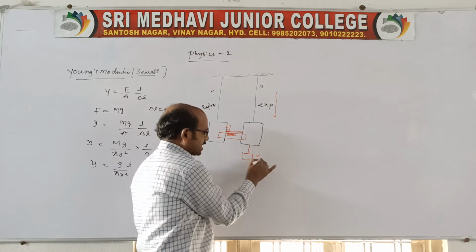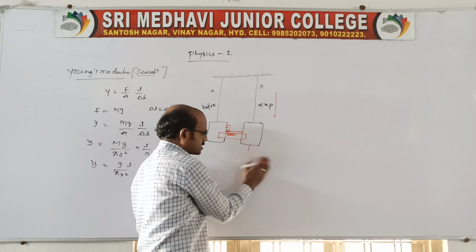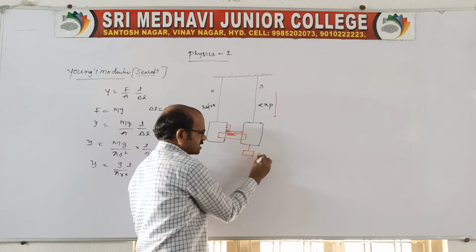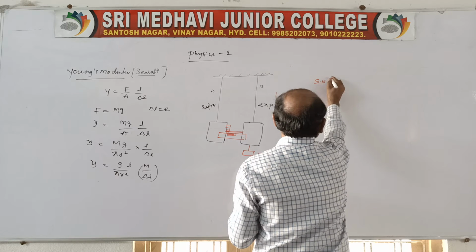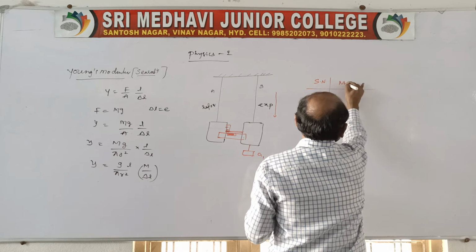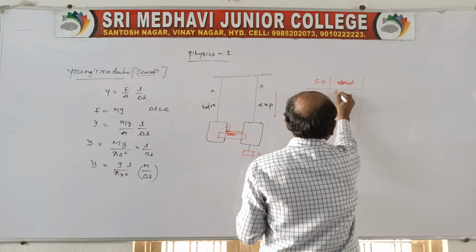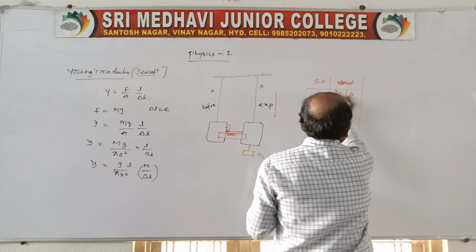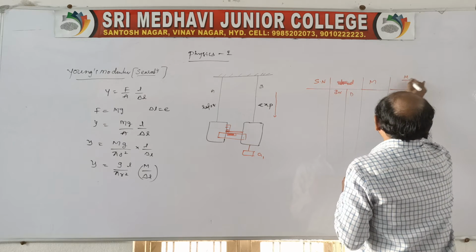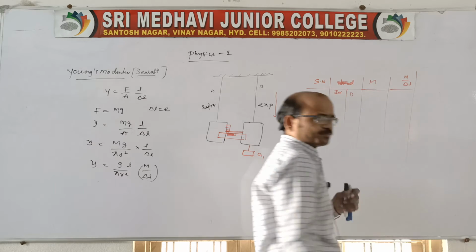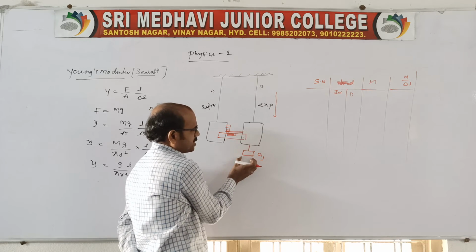The load added, we can say, is M. Therefore in the wire there will be an extension produced. Suppose the load A1 is added, load increasing, we can also take a tabular form: serial number, load added, load increasing and load decreasing, and we can take the average of these two, and after that M by delta L, that is the extension produced. Now first of all, A1 load is added in the experimental wire.